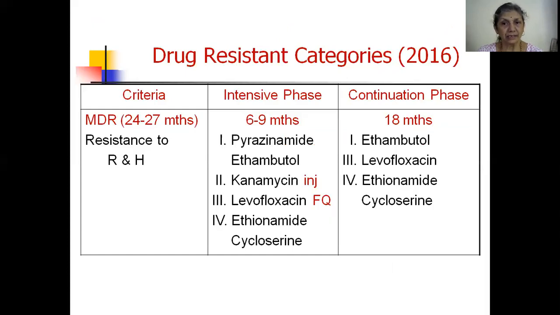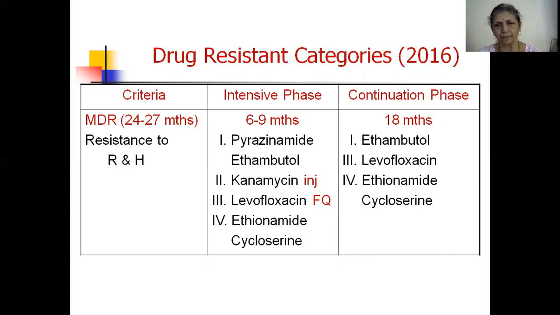Coming to drug-resistant categories. MDR, according to the drug-resistant categories of 2016, is resistance to R as well as H, rifampicin as well as INH. And you can see the treatment duration jumps to more than 2 years. So it's 24 to 27 months, where the initial intensive phase can be 6 months or even 9